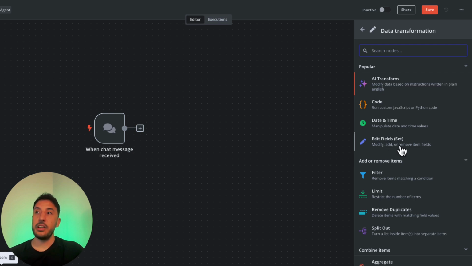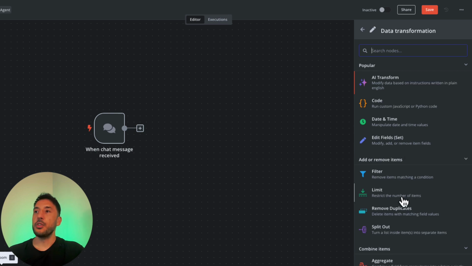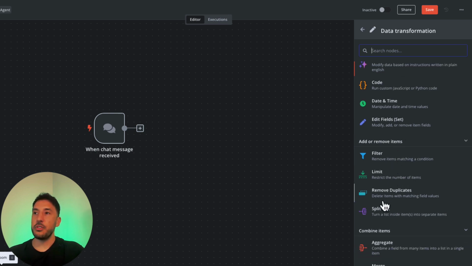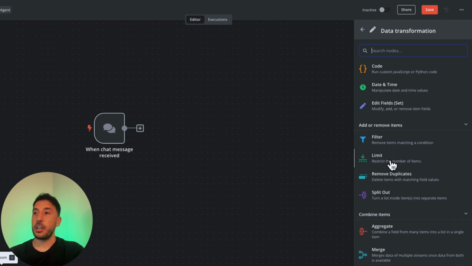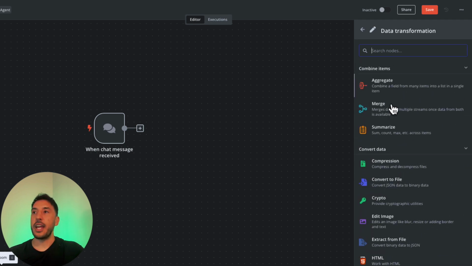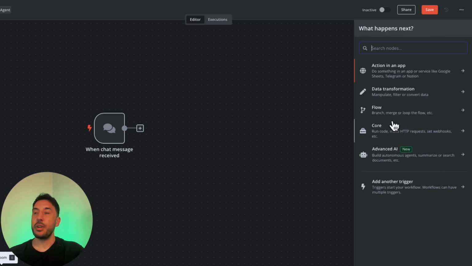This is a very, very useful tool that we'll go into in detail in later videos, but you can modify, add, or remove different items coming in from your previous node. You can do different types of filtration. You have splitting out of the data. You can filter data based on a condition. You can merge, you can aggregate. They're really great nodes that they already have when it comes to transforming your data.